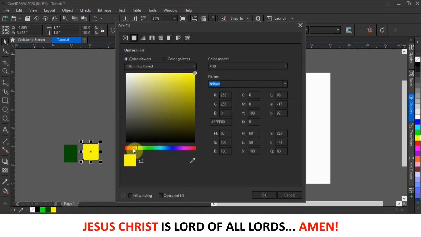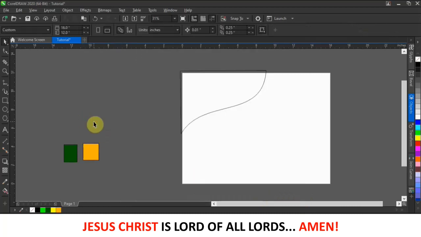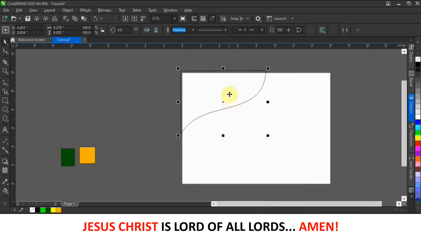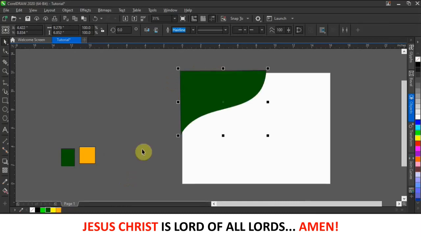Alright, so let me just, right, I think this is fine. Okay, so over here are the two colors I'll be using for this design. Okay, so what I'm going to do is I want to give this shape here this green,